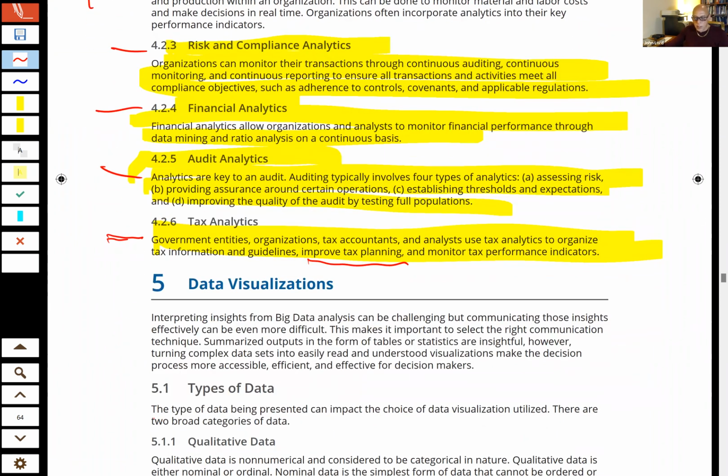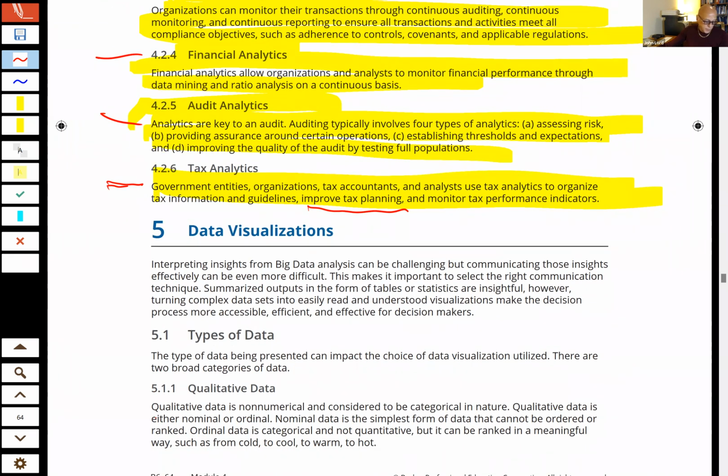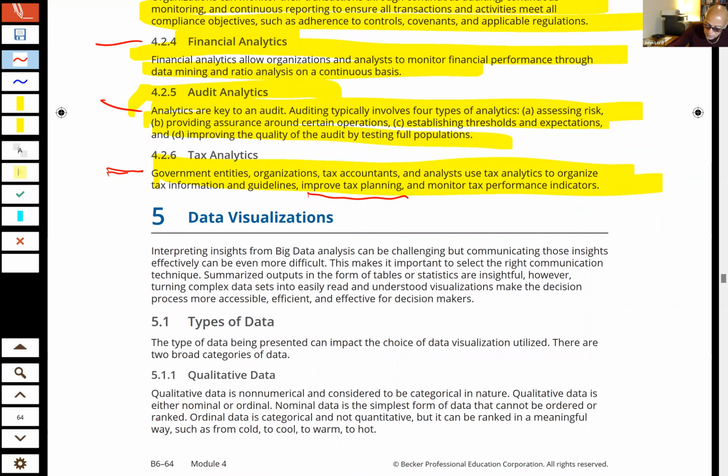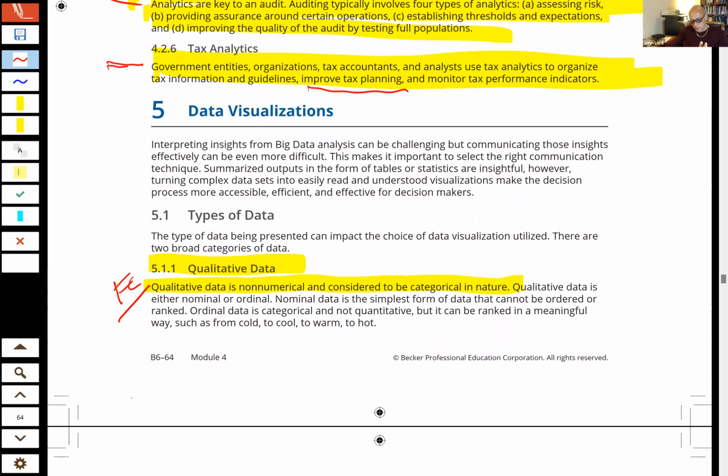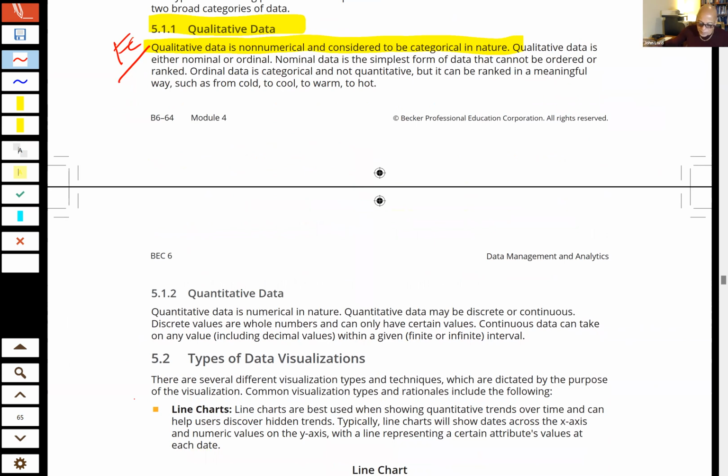Okay, good. Now let's talk about visualizations. There are a couple of types of data. We could talk about qualitative data. Qualitative data tends to be non-numerical in nature. I just want you to flashcard, high level, qualitative data is non-numerical. I'm not going to read the rest of that because at some point it's like, oh brother, what are they talking about here? So just flashcard qualitative data is non-numerical. Quantitative data, I'm asking you to flashcard this. It's almost kind of silly to ask you to flashcard it because quantitative data is numerical in nature.